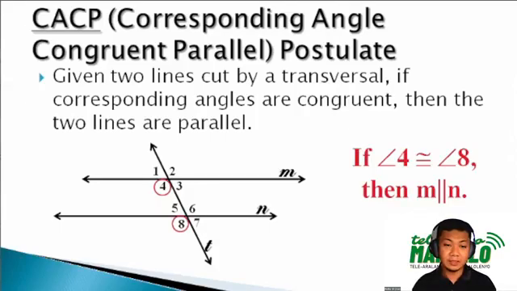6 and 1 are not corresponding angles. Sorry. Okay. Angle 2 and angle 6, an answer from Rain Panganiban. Very good, from grade 8/1. They are corresponding angles. So, Rain, you can use, if angle 2 is congruent to angle 6, then line M is parallel to line N. That is how you will state it.